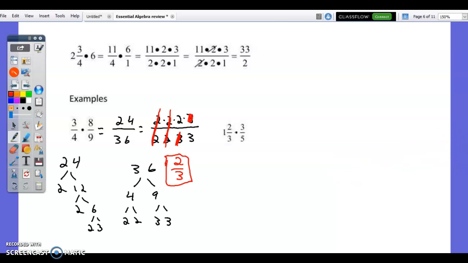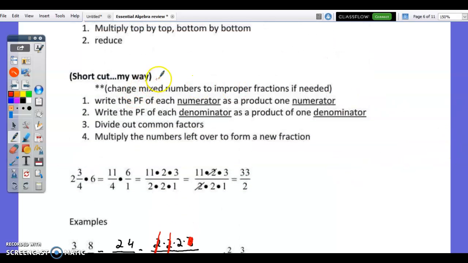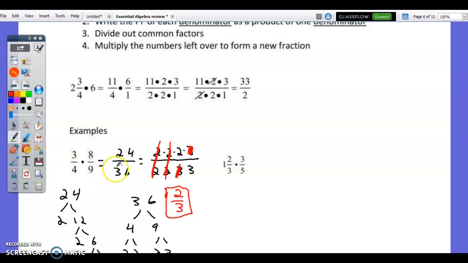Now there's a bunch of words in the notes here where it says the shortcut or my way that I teach how to do this. I'm going to show you the shortcut way with this exact same problem. So if I have 3 over 4 times 8 over 9, now I'm going to break down these numbers. So you can see I went from 3 times 8, which is 24, 4 times 9, which is 36. So instead of writing down this 24 over 36, what I'm going to do is break down these smaller numbers